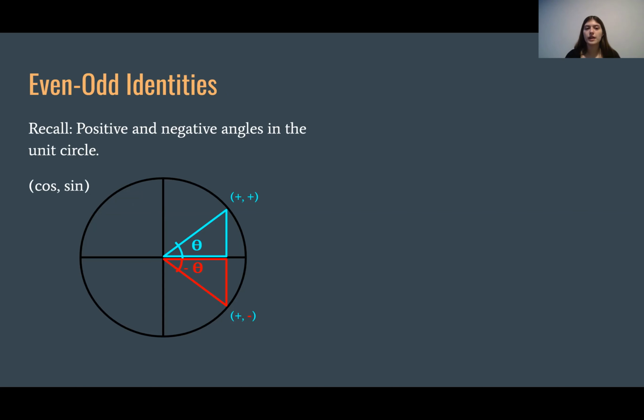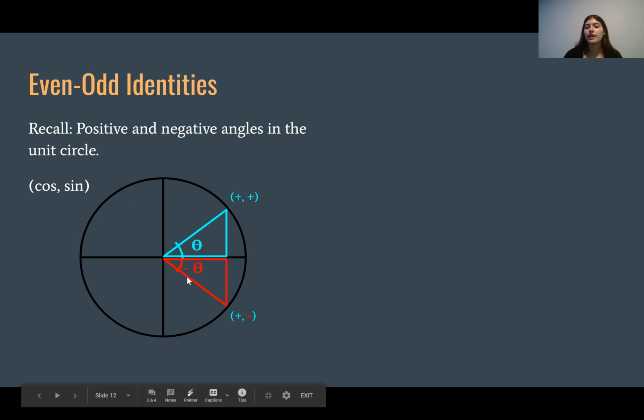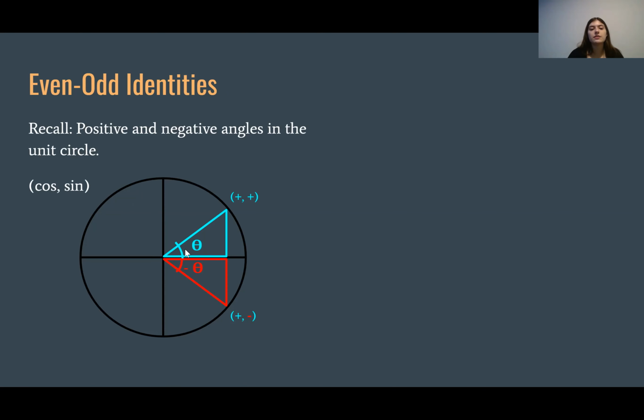coterminal angles, and just the fact that we can have negative angles in a circle. So we're just going to take a look at the positive and negative angles. We know that here we've got cosine, comma, sine, cosine, comma, sine. Here we have positive theta, and here in the red we've got negative theta. Again, positive is counterclockwise, negative is going clockwise, all right? So